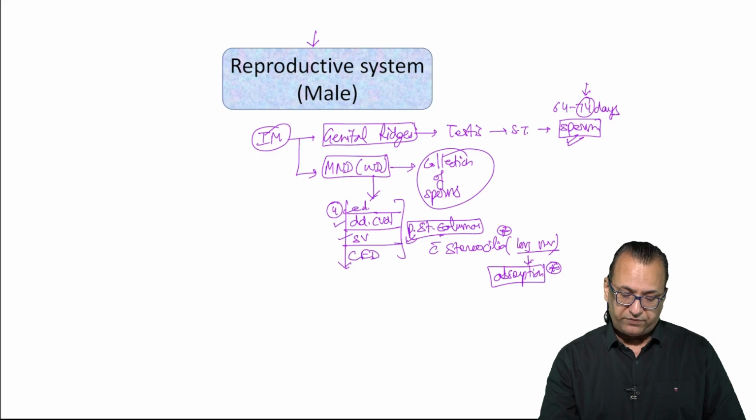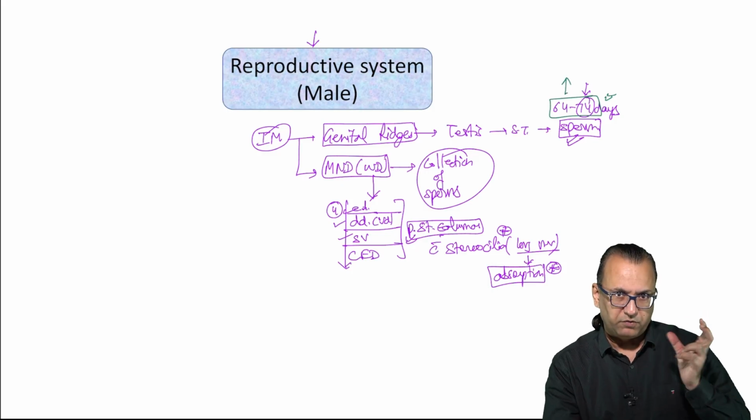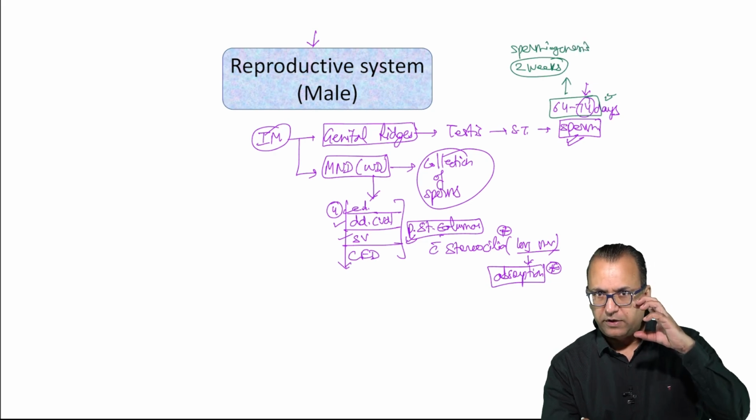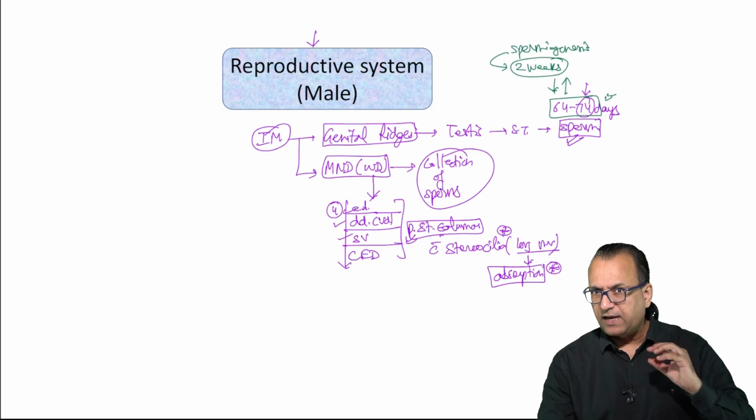Now, once you have this information, you should also mention that though it takes 64 to 74 days for spermatogenesis, it should include the process of spermiogenesis also, where spermatid becomes the sperm. We will see those details in a diagram. It should include the 2 weeks of spermiogenesis also. So, spermiogenesis is a process by which the spermatid, a rounded nuclei cell, becomes an elongated nuclear cell, the sperm proper with the tail. So, spermiogenesis, which takes 2 weeks, is included in this 64 to 74 days, but then after that,